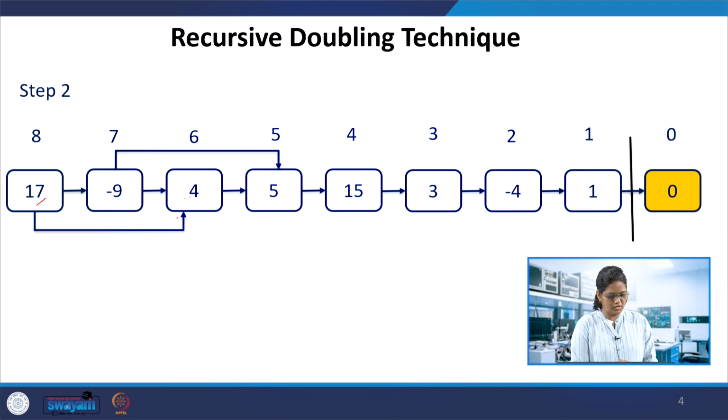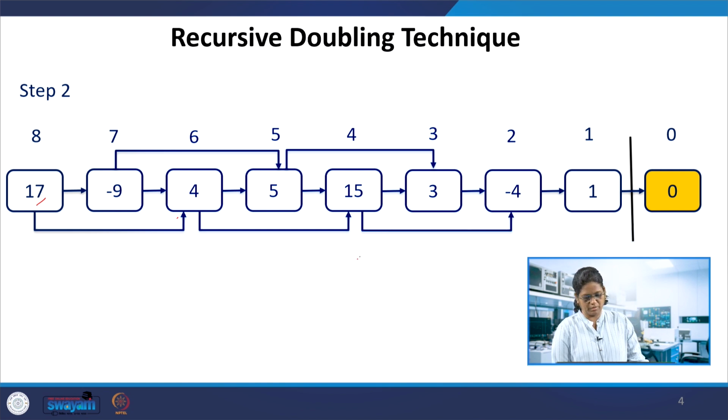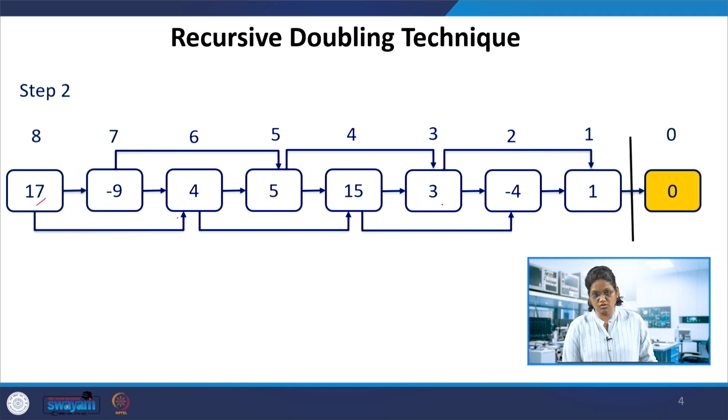Okay, 8 and 6, 7 and 5, and then 6 and 4, keep it at the 6th place, and 5 and 3, keep it at the 5th place, and then 4 and 2, keep it at the 4th place, and then 3 and 2, and then minus 4 and 0, which is place 2 and 0.